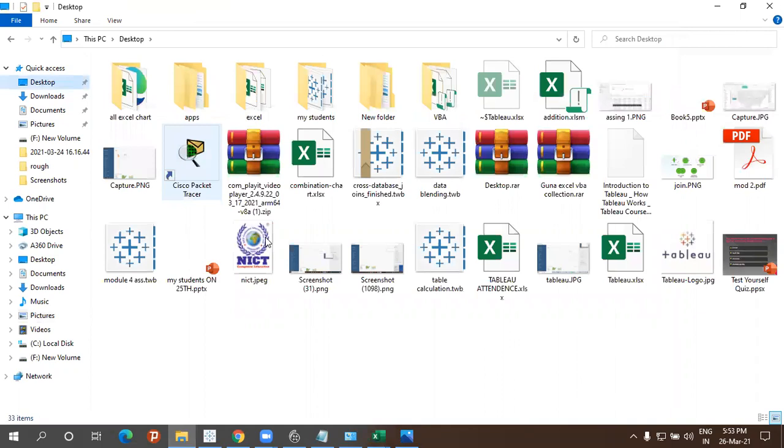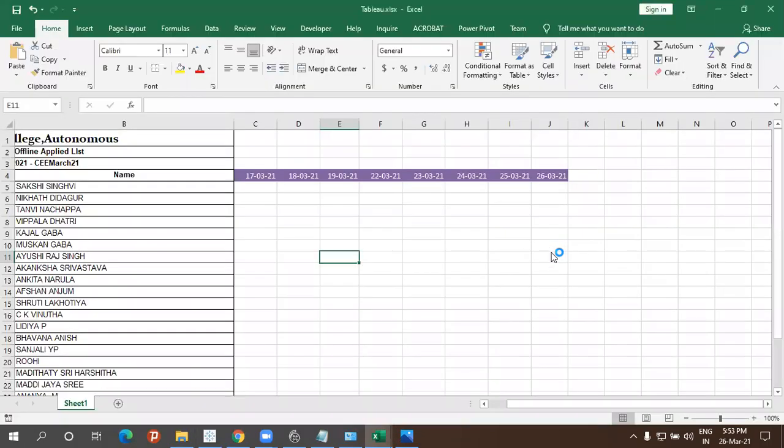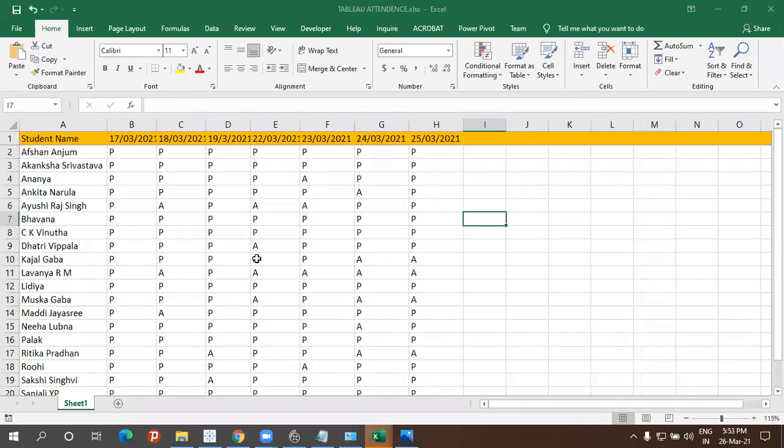Actually it's because your college side also gave attendance, the name list they gave, and I have still not entered it from my side into this one. So I have to shift to that, seeing the names exactly. See here, anything changed? CK Vinuta, you are present in all classes, ma.